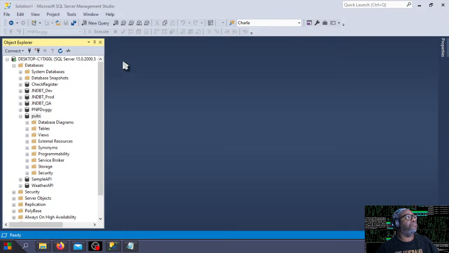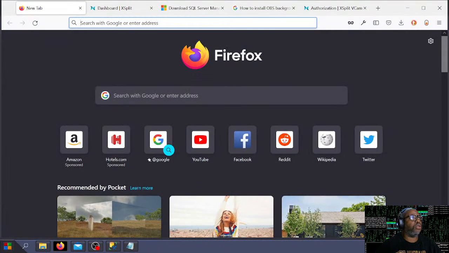Okay, so what we're going to do is use that database today, and we're going to learn a couple of different concepts. The first concept we're going to learn is removing duplicates from our data. To do that, we need a table that has duplicate rows in it. So what I am going to do is bring up,